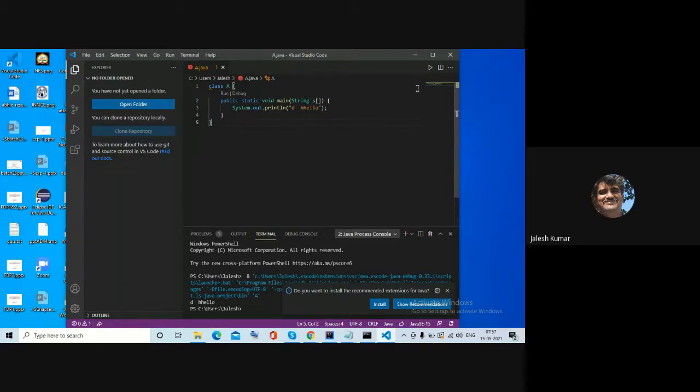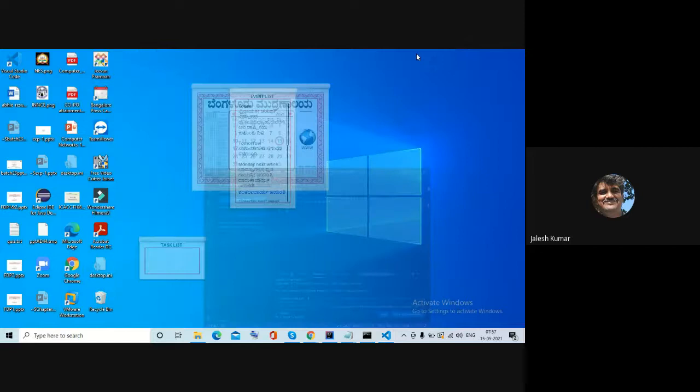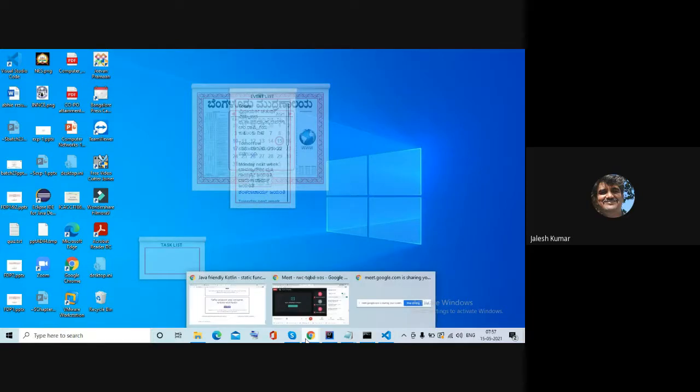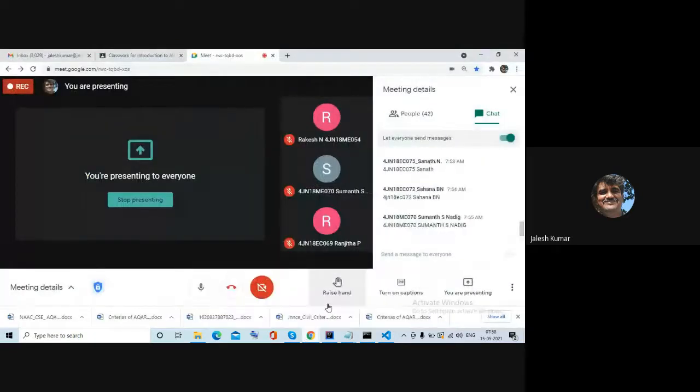This is about how to execute, and I already told you, if you don't know all these things, anyway online compilers are there where you can work.